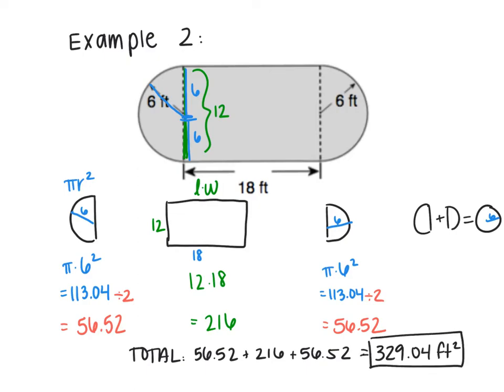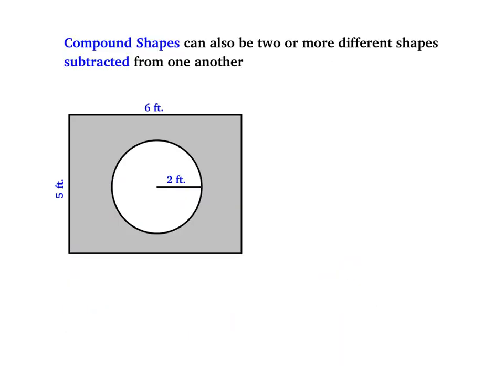The last example we're going to look at is slightly different. Let's take a look. Compound shapes could also be subtracted from one another. So if you look at this figure, it almost looks like a flag. I have this darker outer rectangle with a circle that's right in the middle of it. So if I wanted to find the area of just the shaded region, so just the part that's gray,